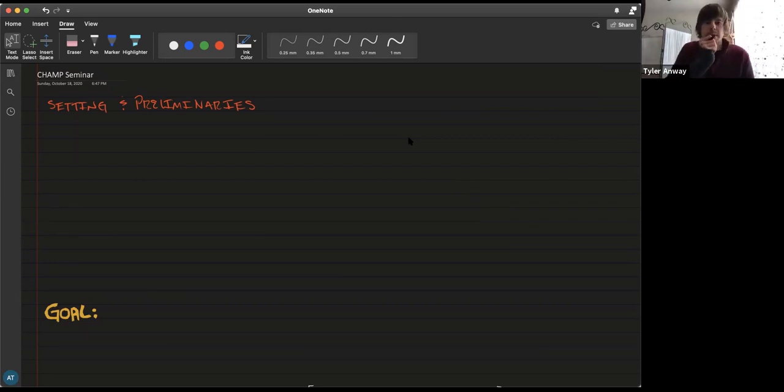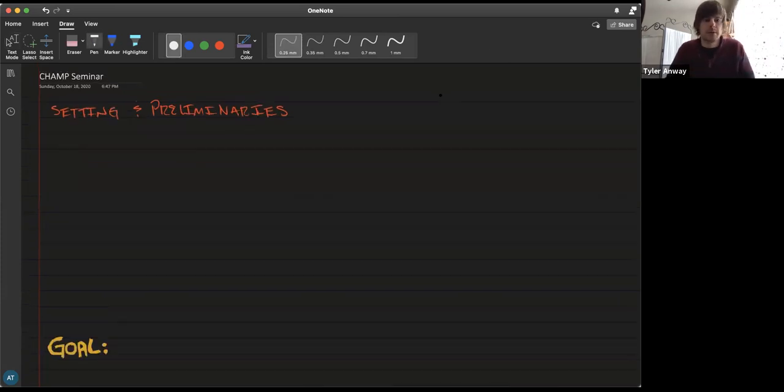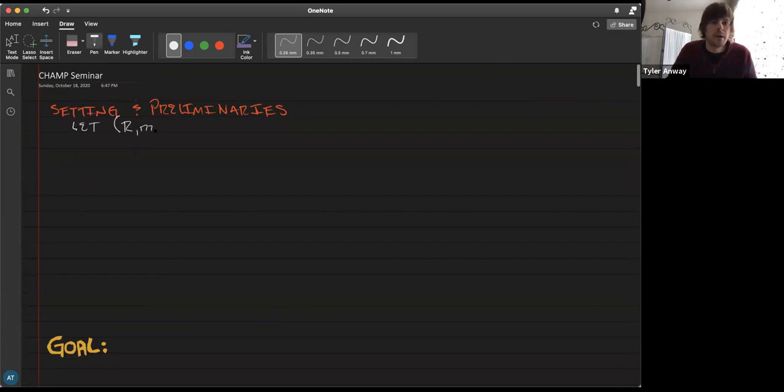So yeah, today I'm going to talk about a classification scheme for rings of a certain type. Let's start by setting the stage and discussing some preliminaries. So we're going to start by letting R and K be a commutative local ring. And then over such a ring, we say